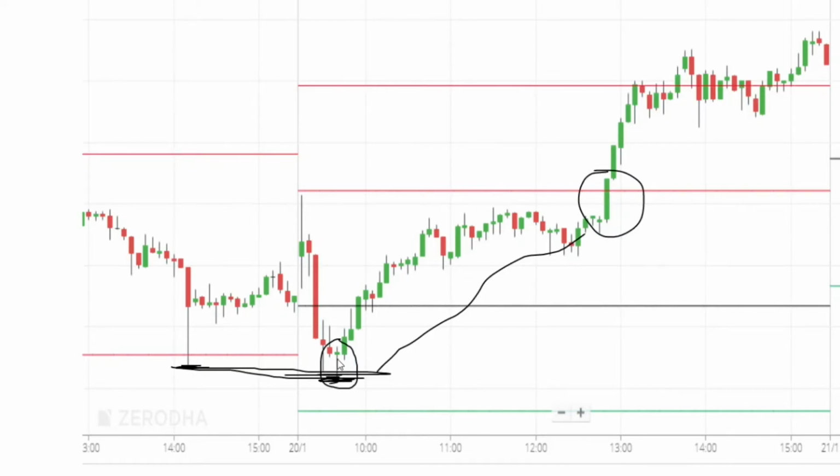So this will be a good risk reward ratio trade, because you entered here and your stop loss will be below this candle, below this pin bar, and you might book your profit here at the central pivot line, or you can book your profit at the next resistance, because there is also a resistance here. Okay, so this is how you can trade the pin bar.